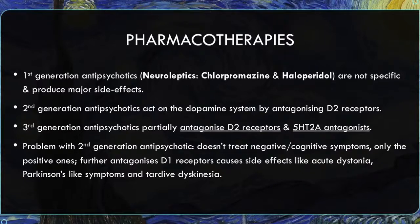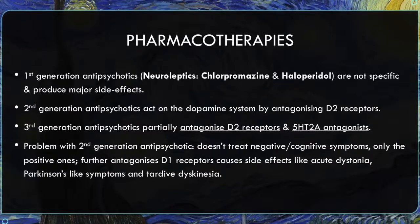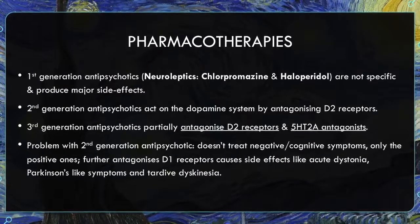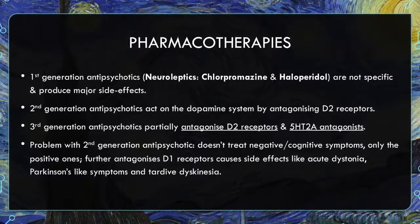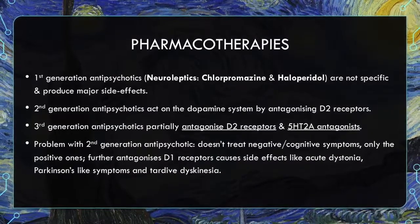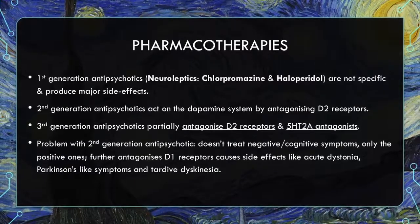Pharmacotherapies include antipsychotics that work on dopamine. There are first-generation antipsychotics, which are not specific and produce major side effects. Second-generation antipsychotics act on the dopamine system by antagonizing D2 receptors. Third-generation antipsychotics partially antagonize D2 receptors and also